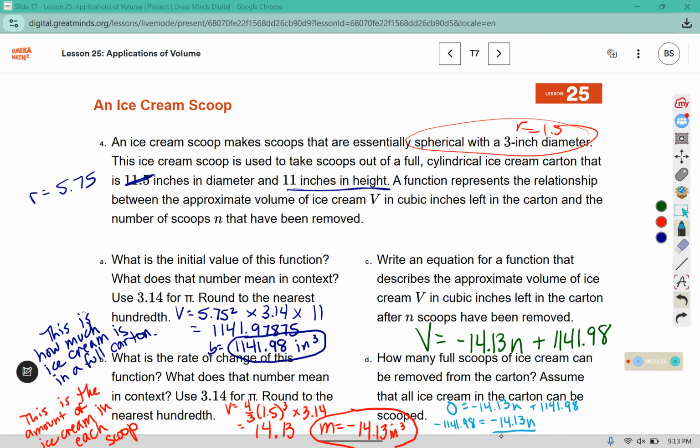Then divide both sides by negative 14.13. And that gives us approximately 80